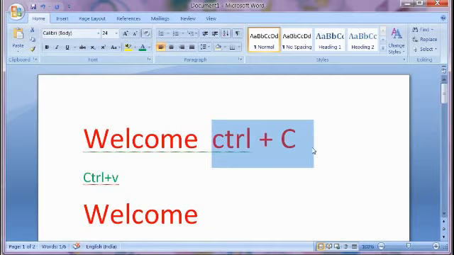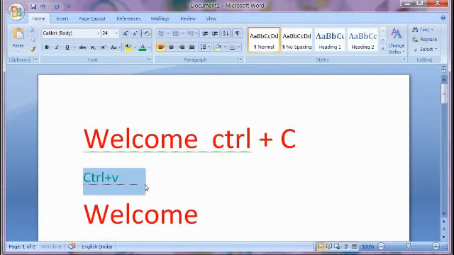Control plus C to copy a word or text, whatever it is. Control plus V to paste the word or text, whatever it is.